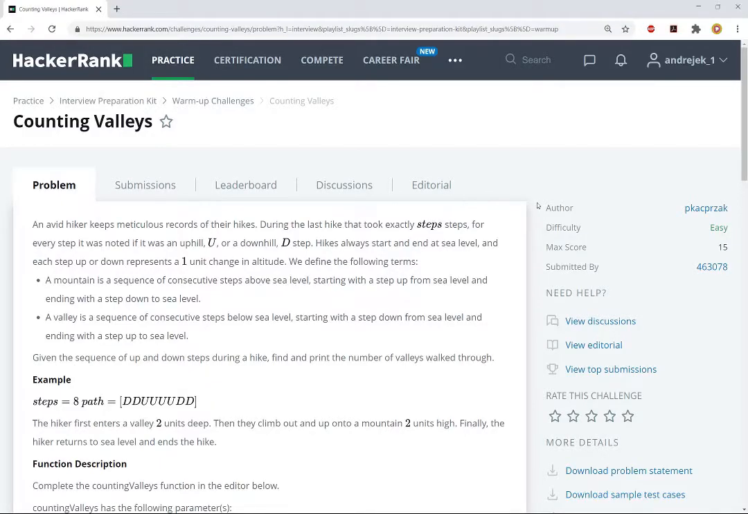All right, so in this exercise, we're given a string, or maybe it's a list, whatever it is. We have a collection of letters, the letter D and the letter U. What this represents is that we are on some sort of mountain, and U represents going uphill and D represents going downhill. And we want to count the number of valleys,